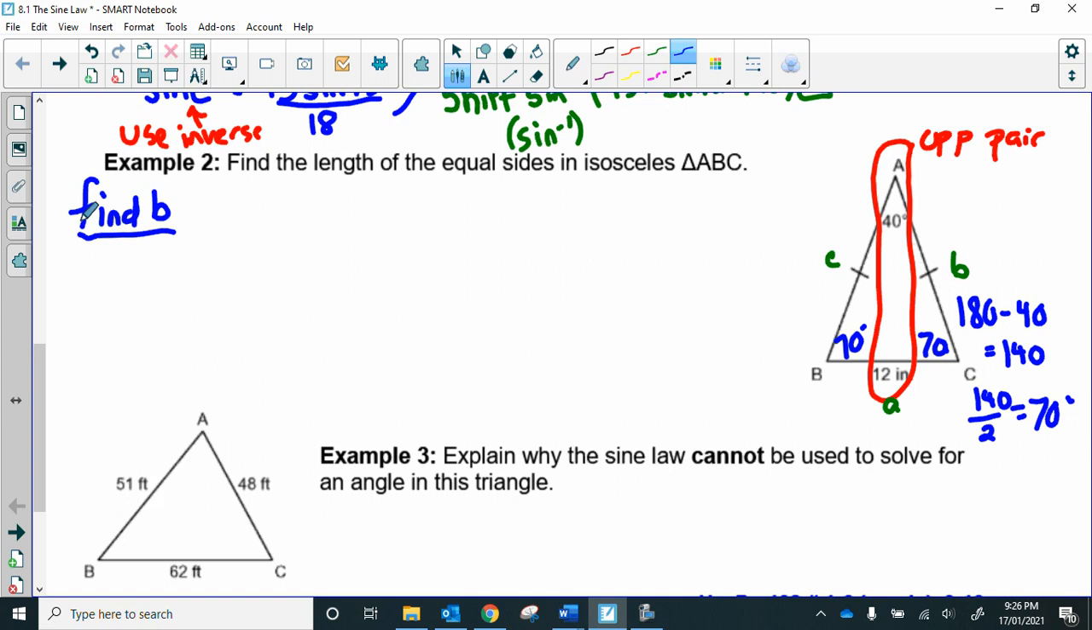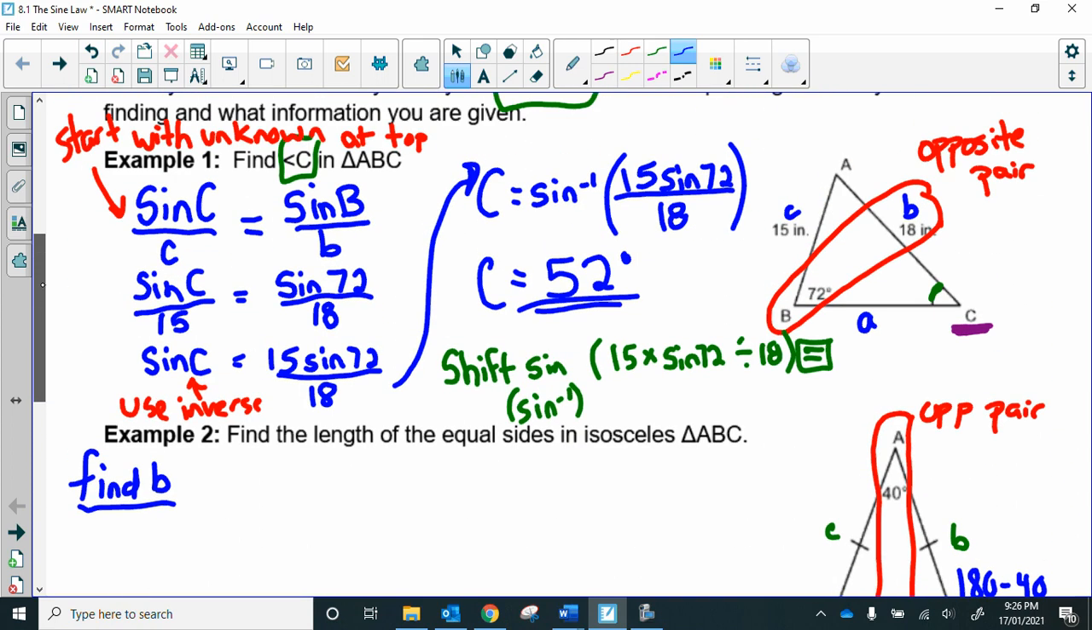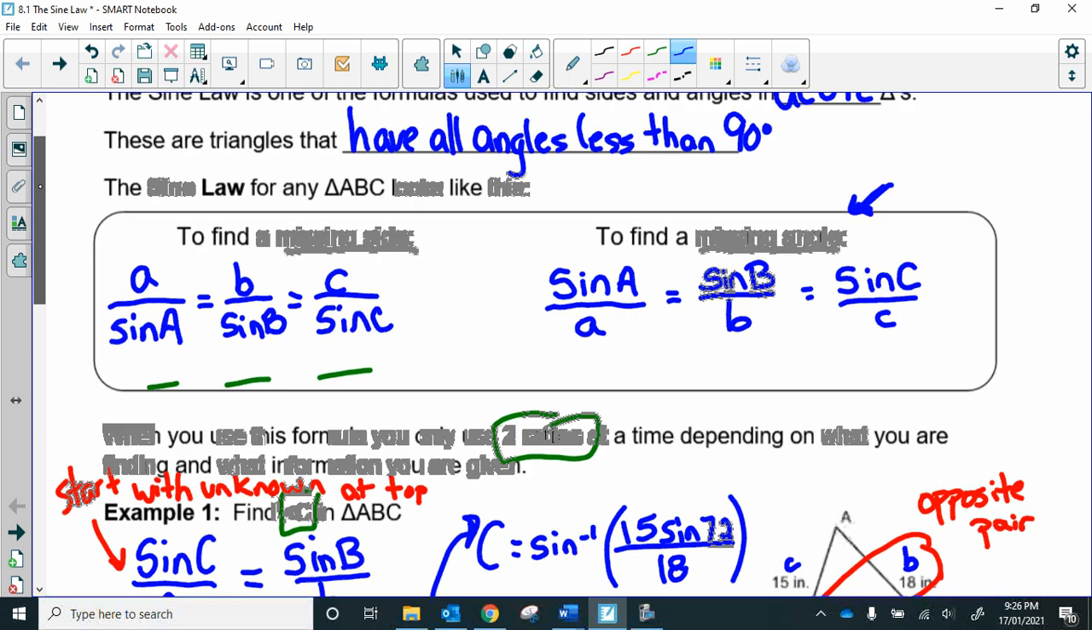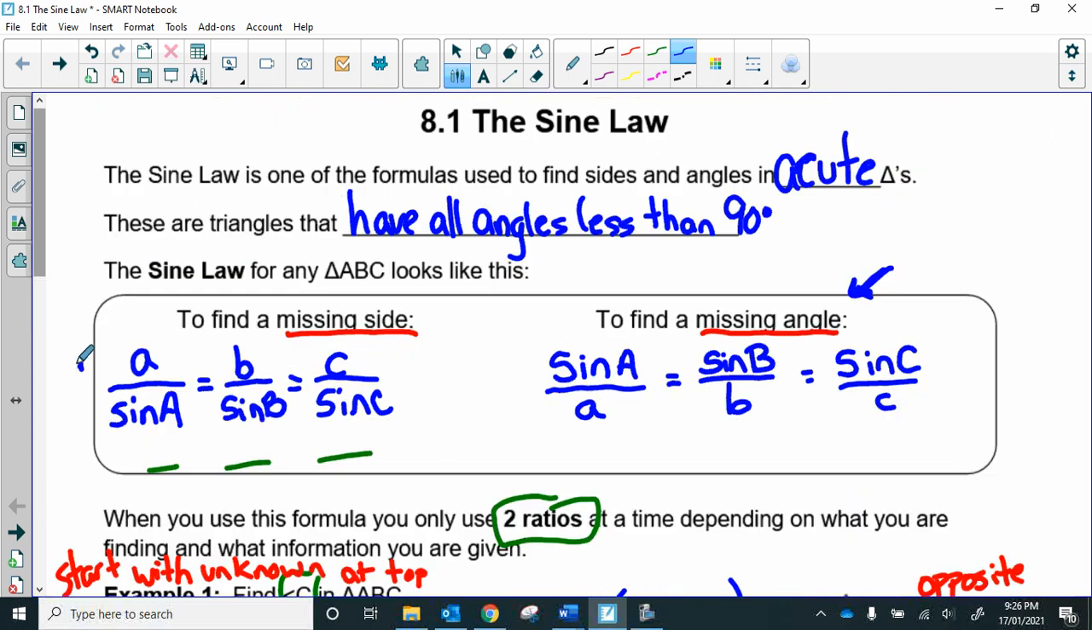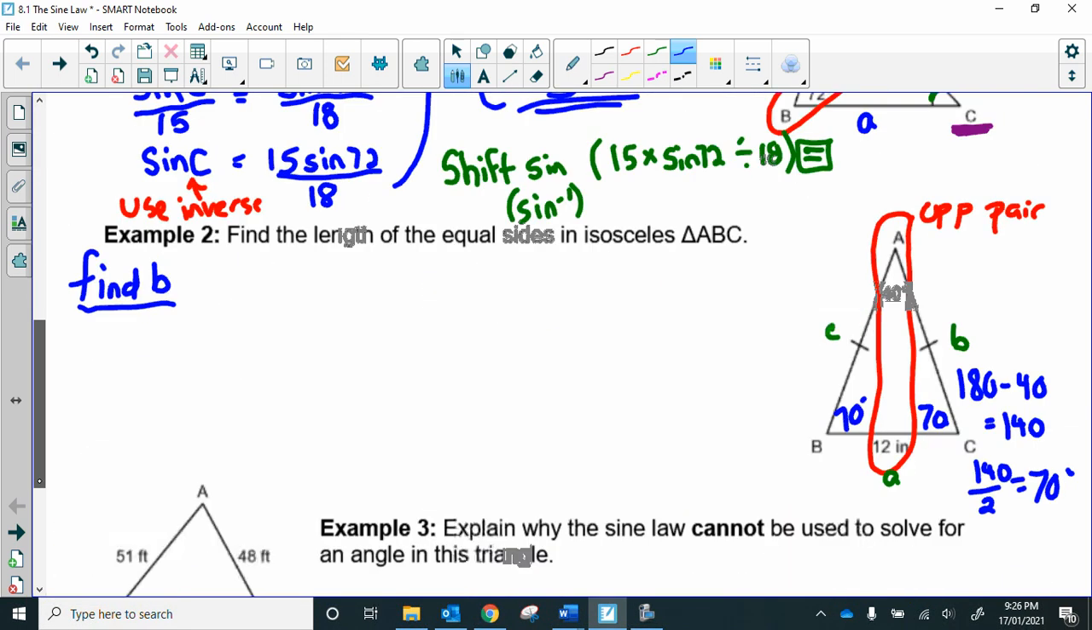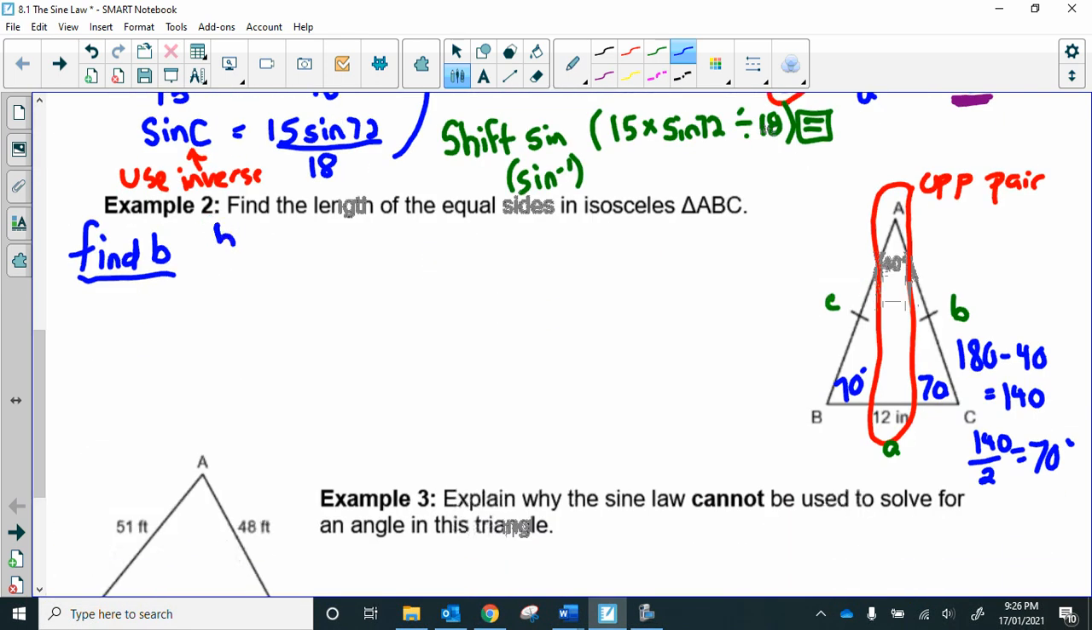And with the sine law, I always start with my unknown. So since I'm finding little b, I'm going to look back up to my formula. I'm finding a missing side, so I would be using the ones with the sides on top. And since I want b, I'm going to start with the b. So b over sine b